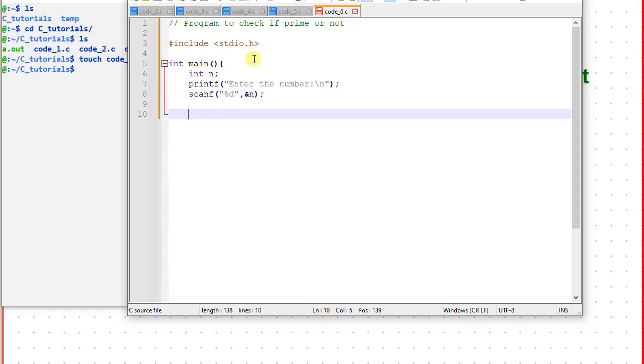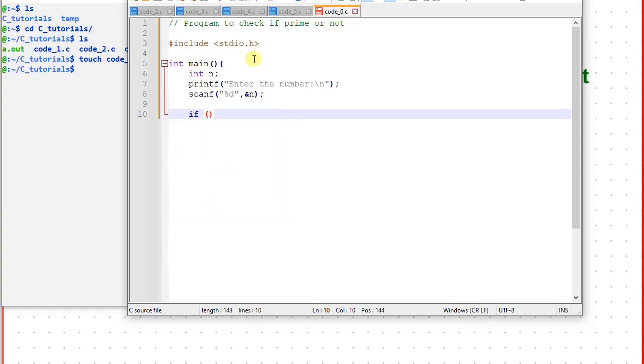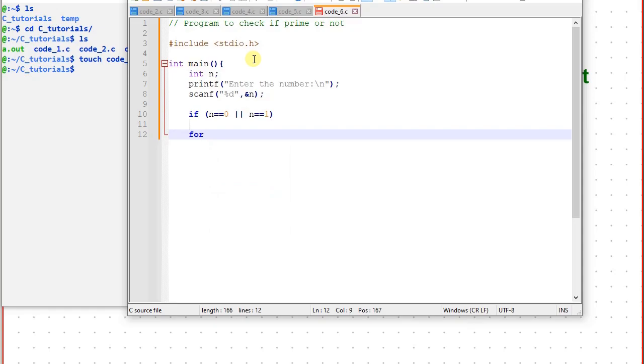Now we have to see if the number is equal to 0 or, for or you have to use this key, that's the or symbol in C programming. So if n equal to 0 or n equal to 1, then you have to print that it's not a prime number, right? I will write the code there, but before that we'll just go to the next line. So if that's not the case,